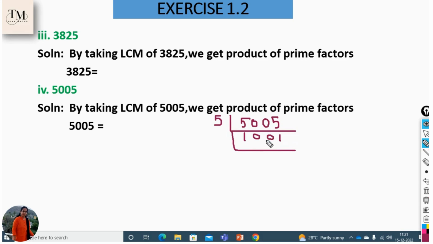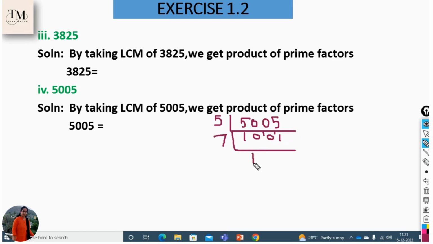So 3. So 3 3s are 9, balance 1. Again 3 3s are 9, balance 1. 11. So 11 is not divisible by 3. So I cannot take 3. So what is the next prime? It is 7. So if we take 7,